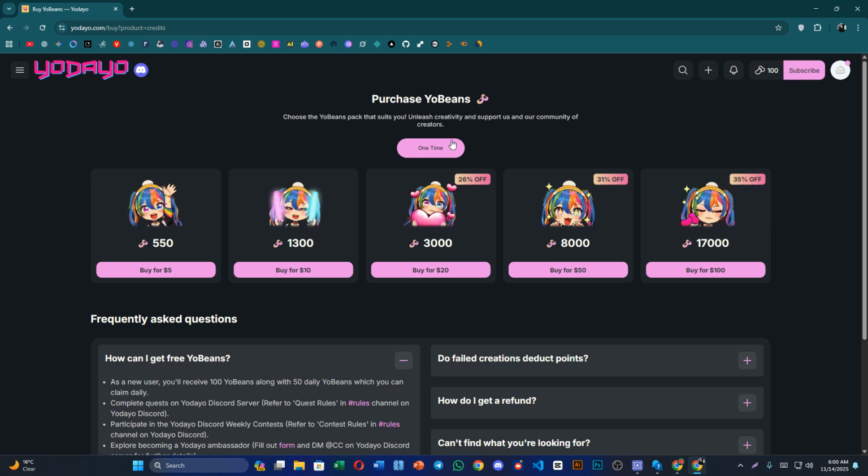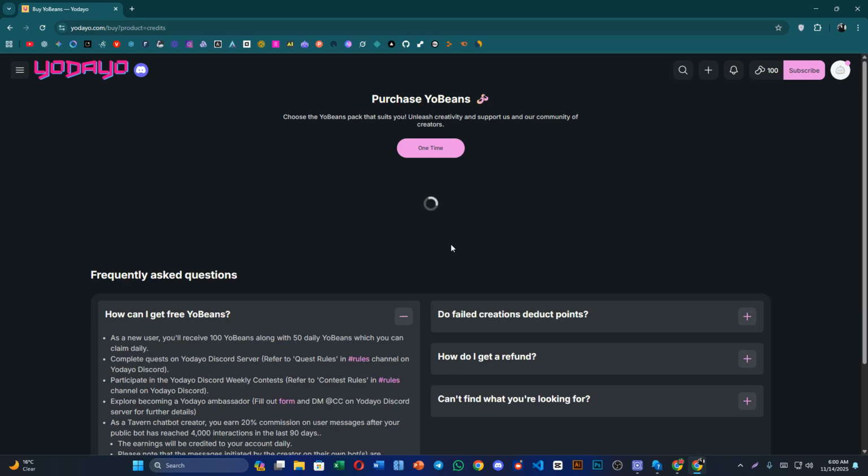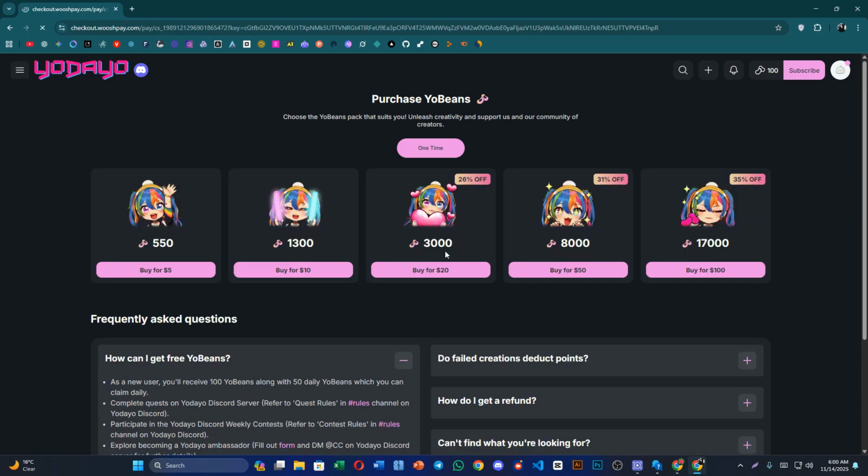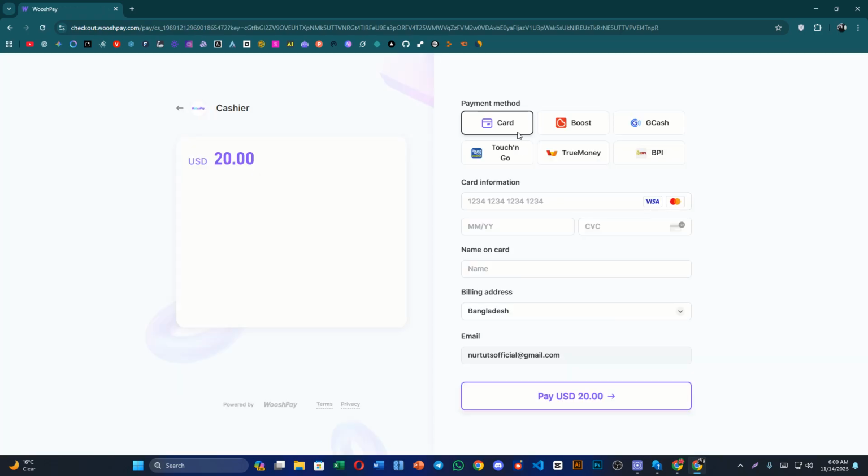So now you can see here one time 550, and you need to pay this amount of money. So it's an offer also. Simply click any one that you prefer or chosen, and after that you have to select your card, debit card, credit card,